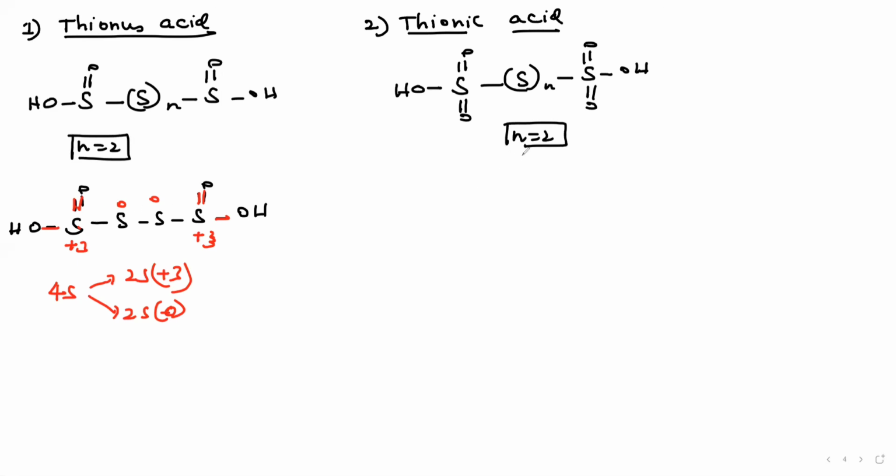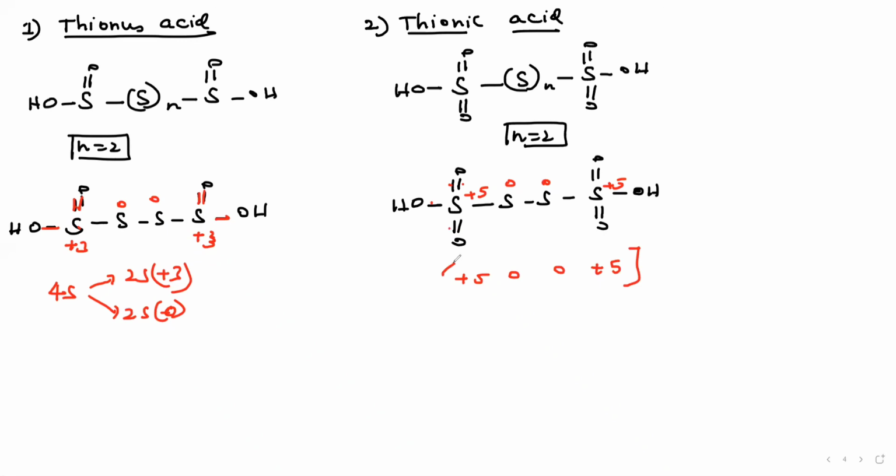Therefore 4 sulfur present. Here also the same, right? Yes. Double bond O and double bond O. Here OH and S sulfur. Double bond O and double bond O. Here OH. Now find the oxidation state. We know for sulfur 0, 0. In this case 1, 2, 3, 4, 5. In this it is 5, right? Therefore this is plus 5. This is 0. This is 0. This is plus 5 oxidation state.